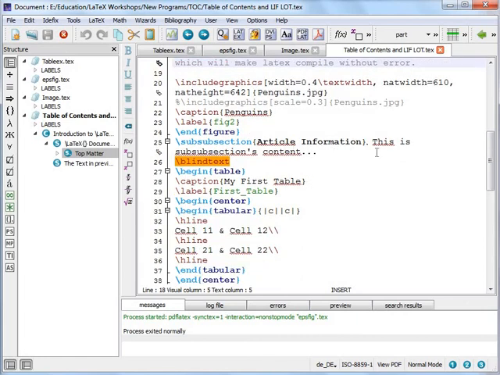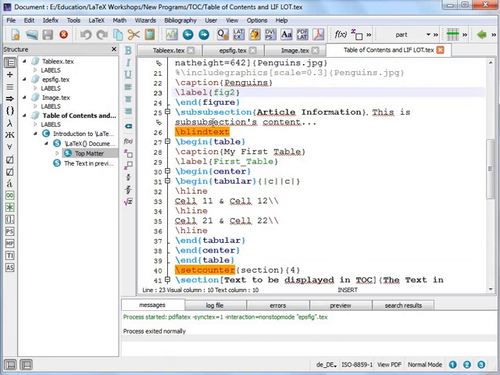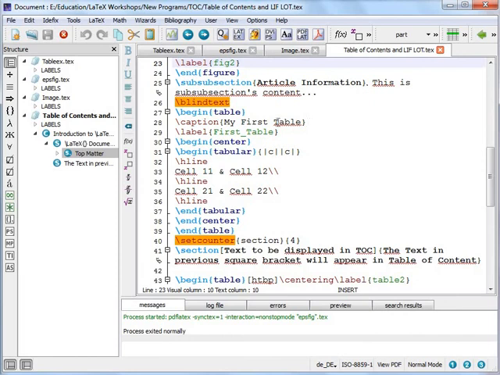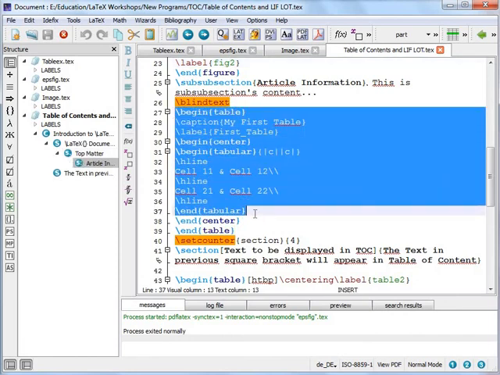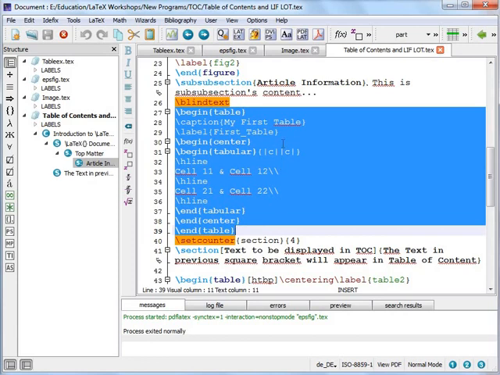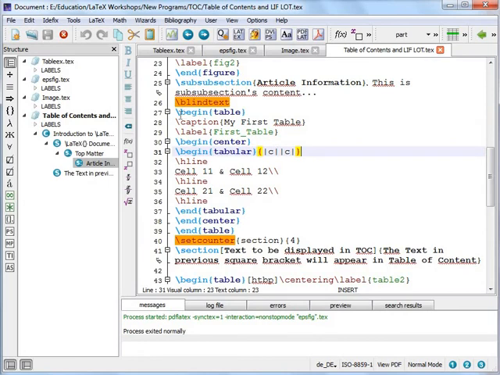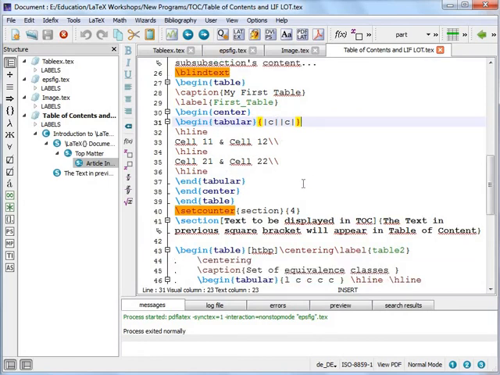Then the subsection is there, and the label figure 2 is used, right? Then I have added a subsection, and then I have added a table environment. So this will be creating a table. This example we have considered in the slide. The same example is copied over here. So I have created a table, right?